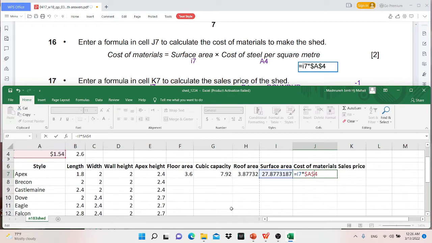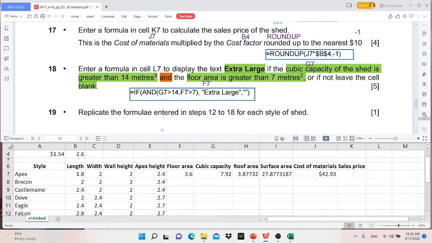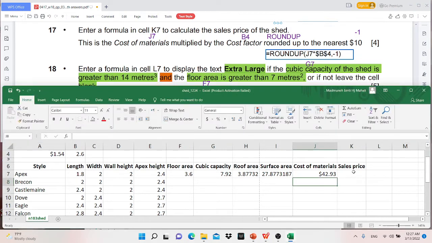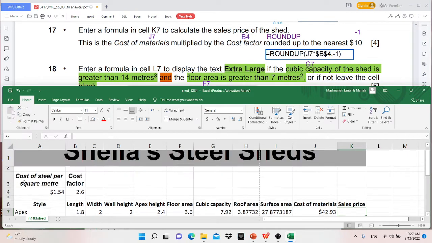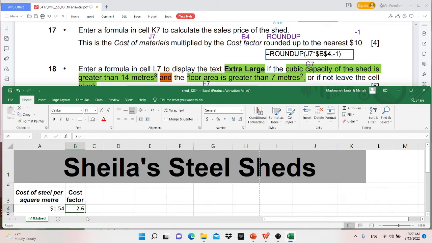Okay, so after that, click enter, and then the next one, question number 17, enter formula in cell K7 here, calculate cost price of the shed, and this is the cost of material multiplied by the cost factor. Cost of material, okay, this one, you multiply by cost factor, which is this one at